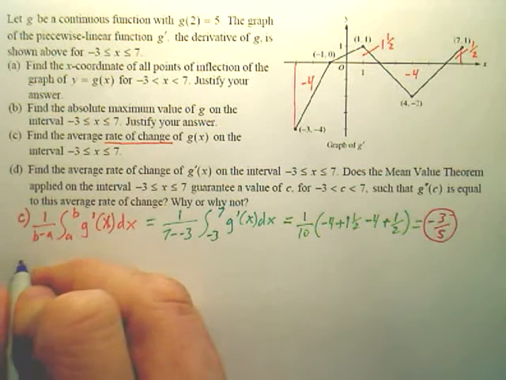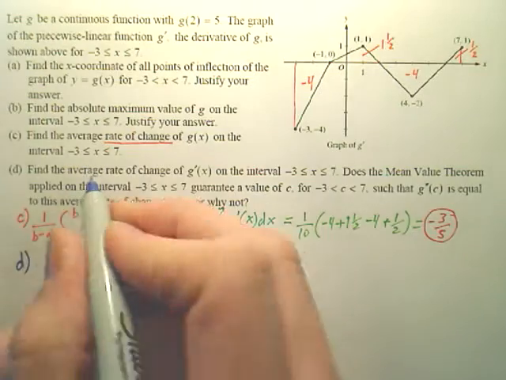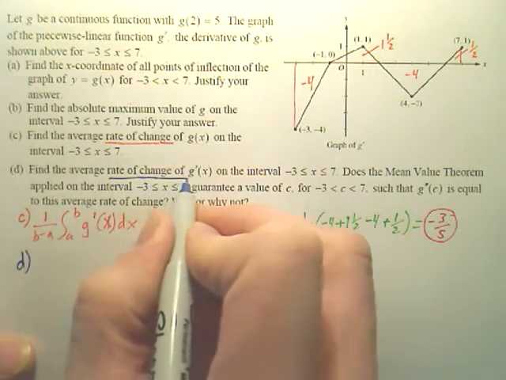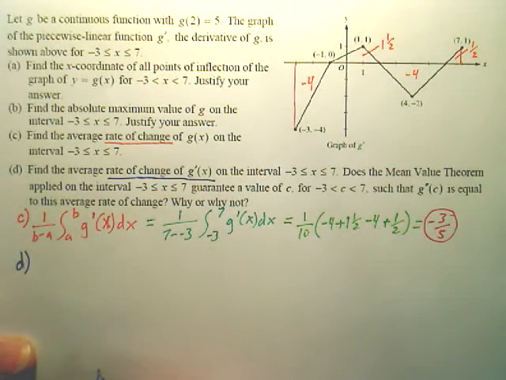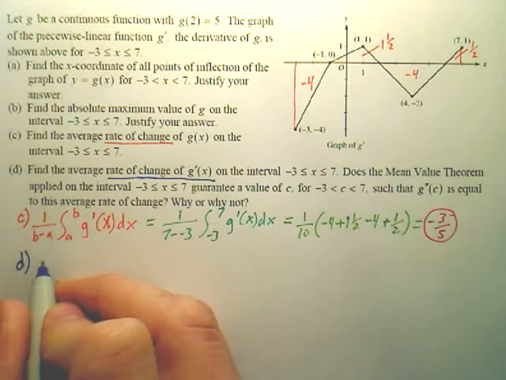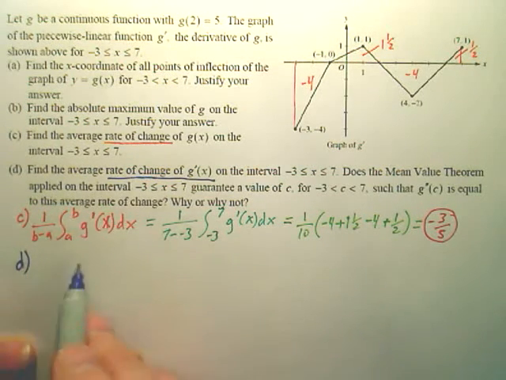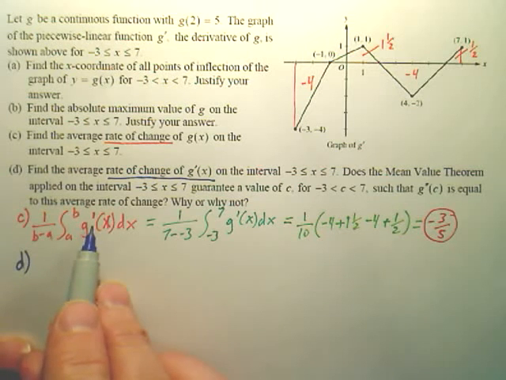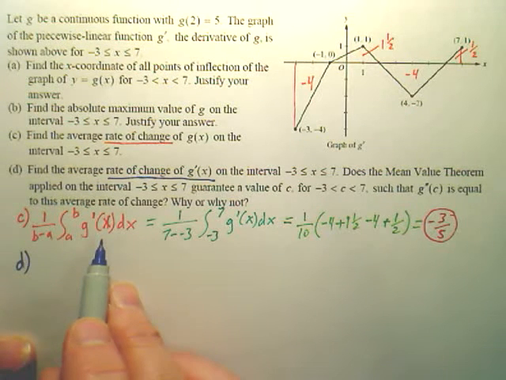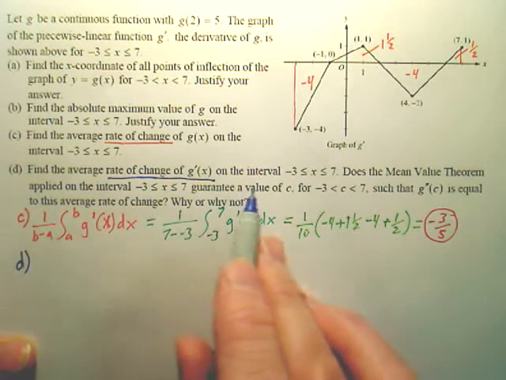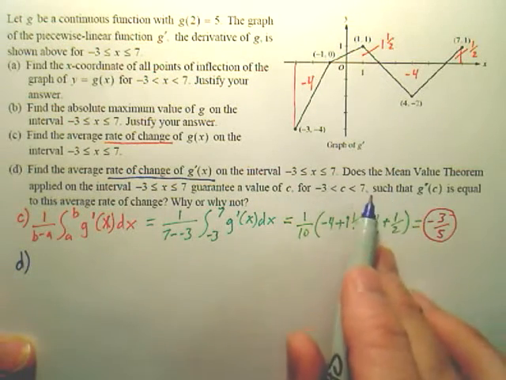For D, the average rate of change of G prime. So it's the same kind of question, except now we're doing the average of G double prime. Do we know G double prime? Do we know the area under G double prime? Because can we use the same steps? Not really. So if we want to find the average, we'll talk about the mean value theorem in a second,